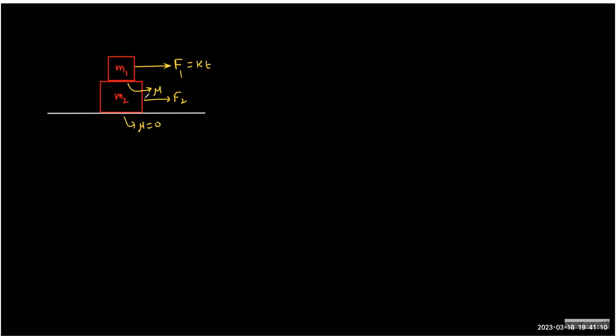Assume there is no friction between the objects. Ground may have friction, but let's say I'm taking 0. How will M1 try to move? What is the possible acceleration of M1? F1 by M1, and A2 will be... You have to check the A1, A2, not the force,